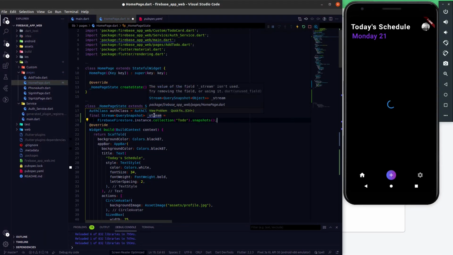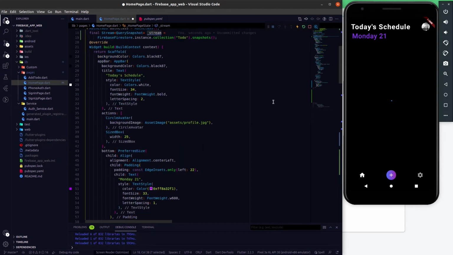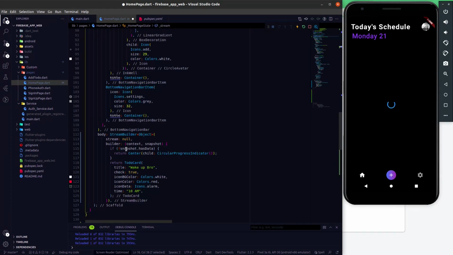So this is the source of the stream which we created, and the source of the stream is Cloud Firestore, where we have the data inside the to-do collection. So this stream we have to assign to the StreamBuilder. After assigning this stream to the StreamBuilder, what we have to do is write a logic to show all of the data from